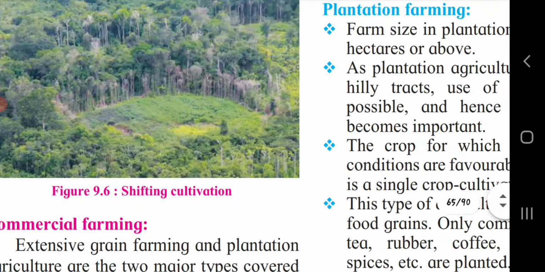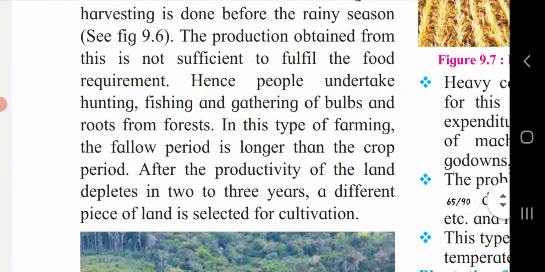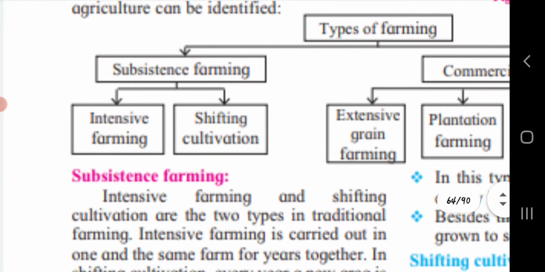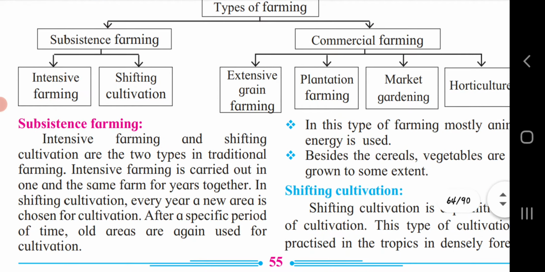So under the intensive cultivation, getting maximum production from minimum area is the main characteristic of intensive farming. This type of farming only suffices the requirements of the family. Such types of farming are done on limited land and are carried out mostly in developing regions. Cereals, vegetables, etc. are grown in intensive farming.